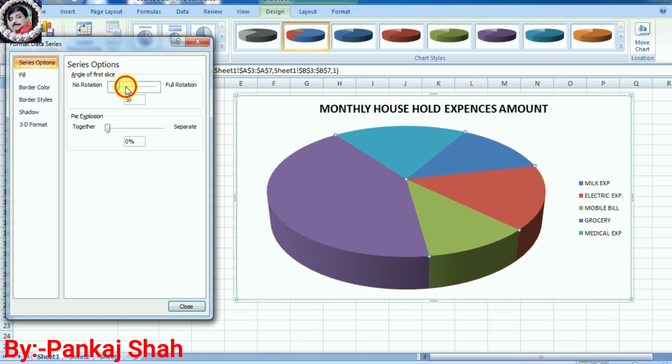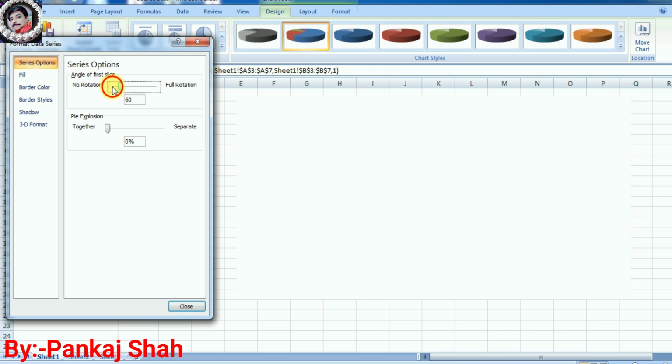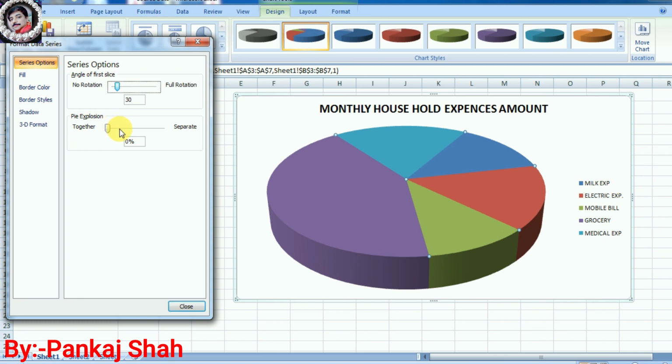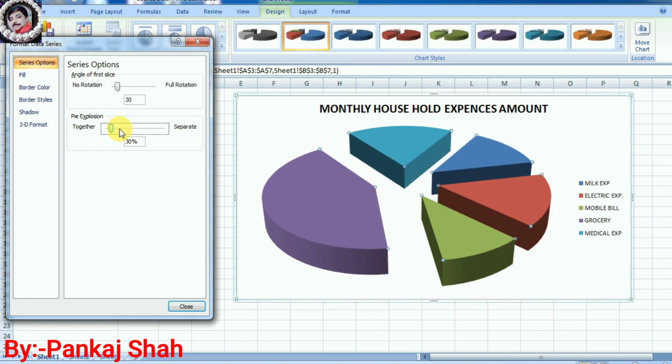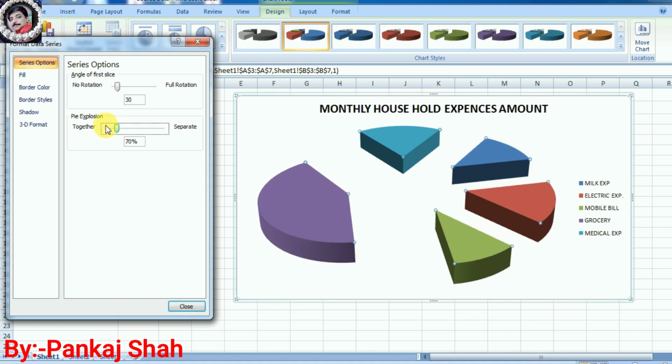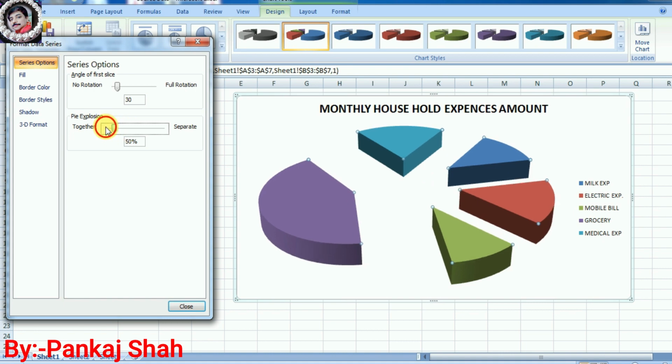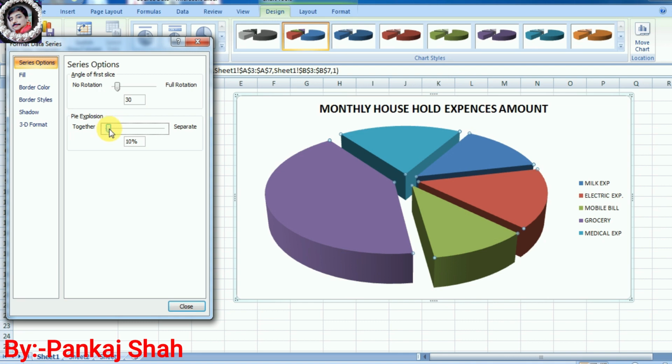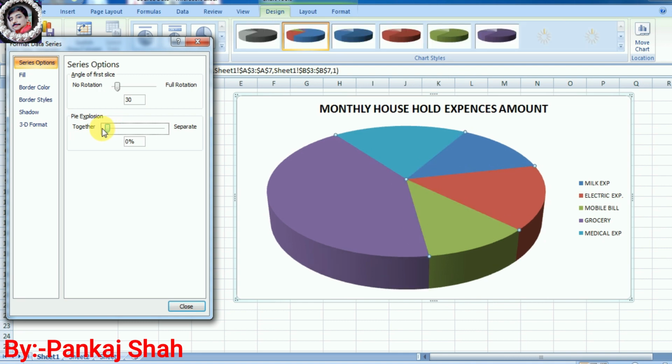Please observe the chart properly, and in this way you can rotate your chart. If you want to divide your chart slices like this, then you can also use this option, called Pie Explosion, and in this way you can set your chart slices also.